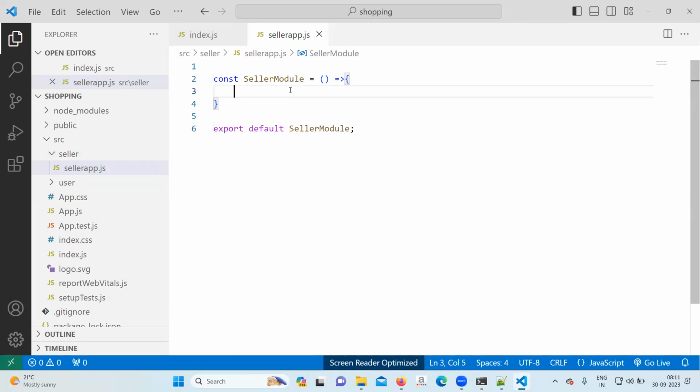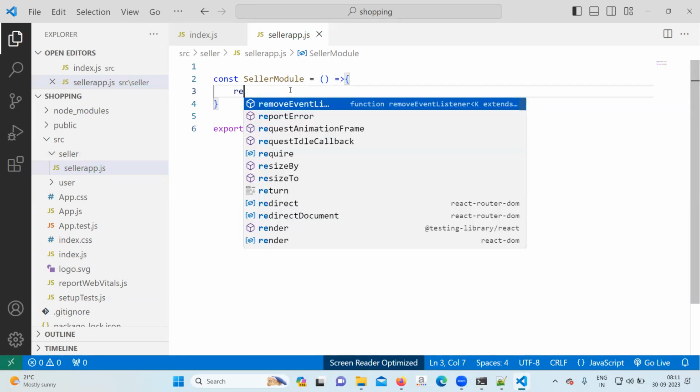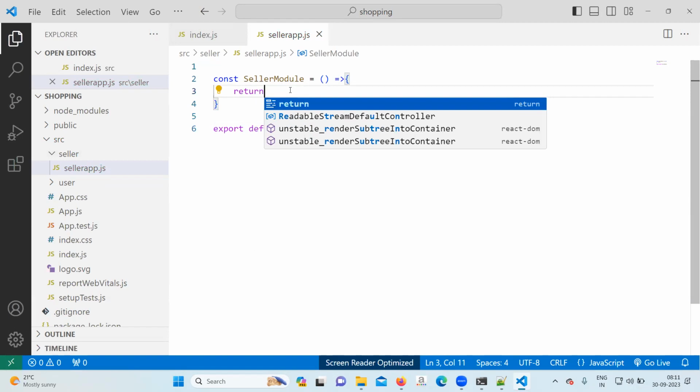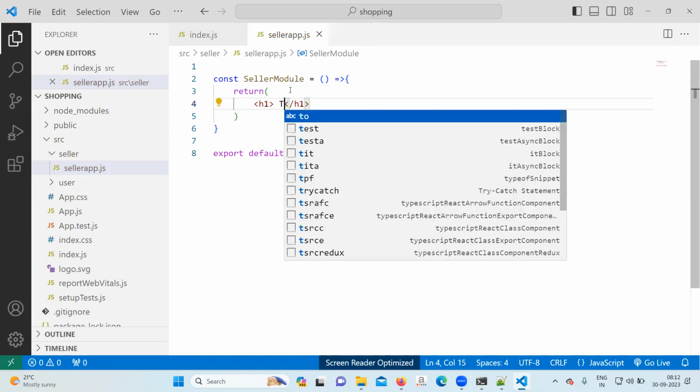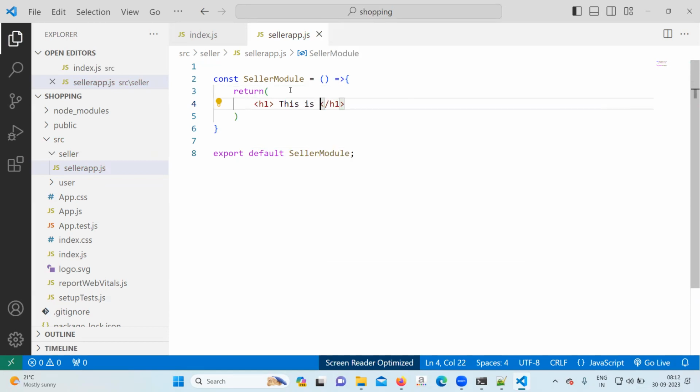Inside the seller module, right here, do a return with an h1: this is from seller module.